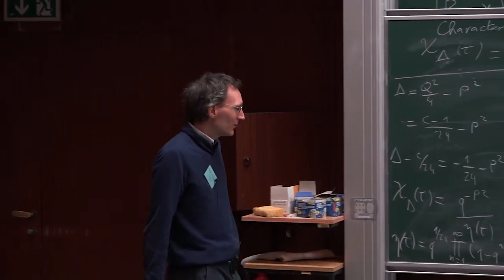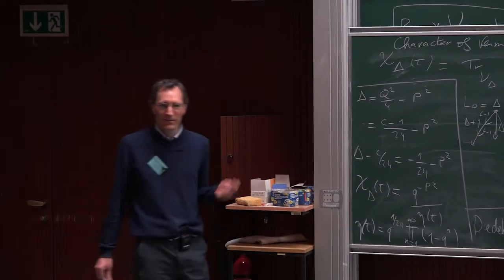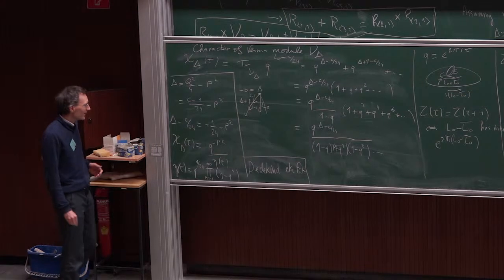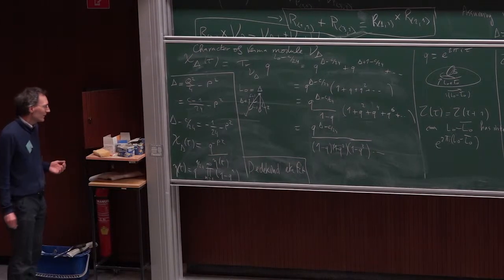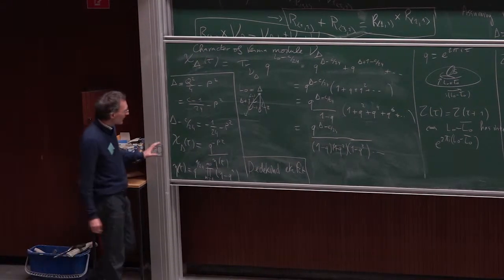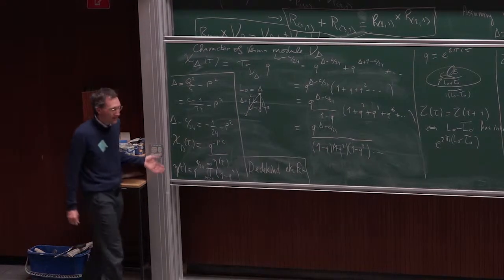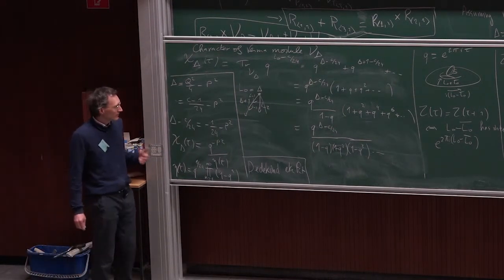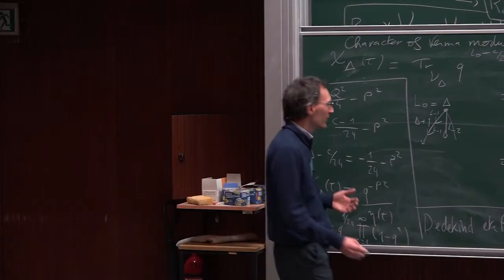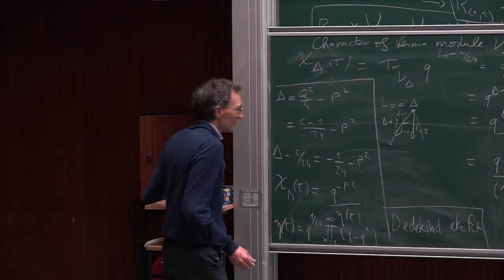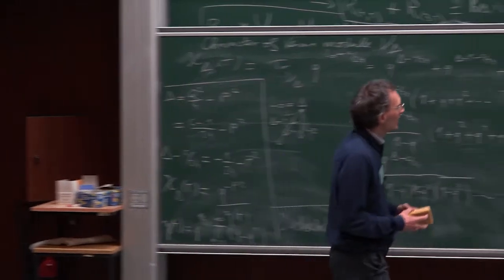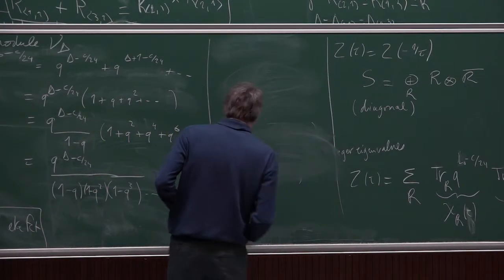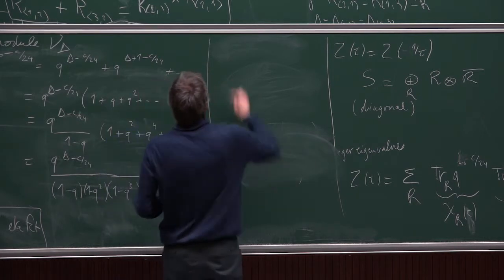Well, I'm almost done with what I can quickly and easily write on the blackboard, at any rate. I mean, the difficult part is for you as an exercise. Now we want characters of degenerate representations. So if the central charge was generic, and we would consider just a simply degenerate representation, that would be quite easy, because the structure of a simply degenerate representation is just a coset of a Verma module by another Verma module.